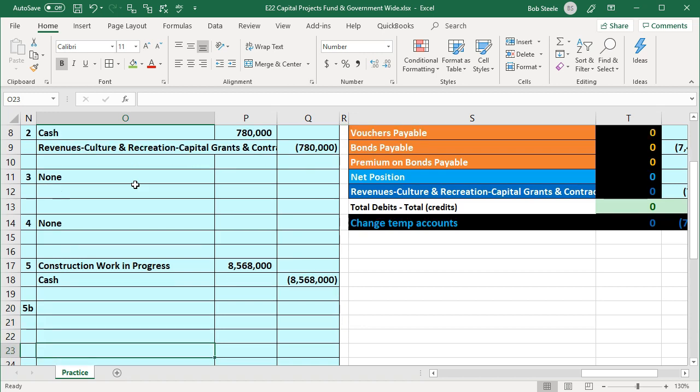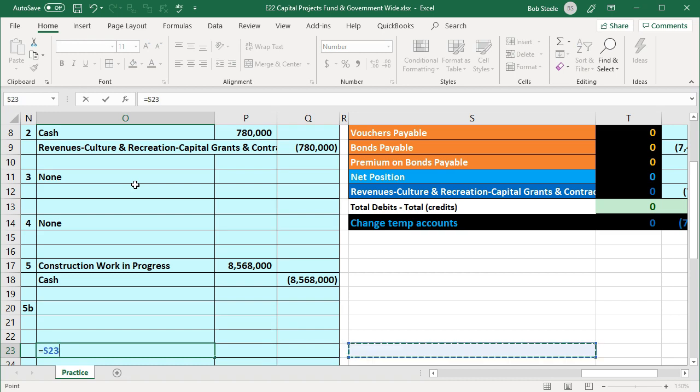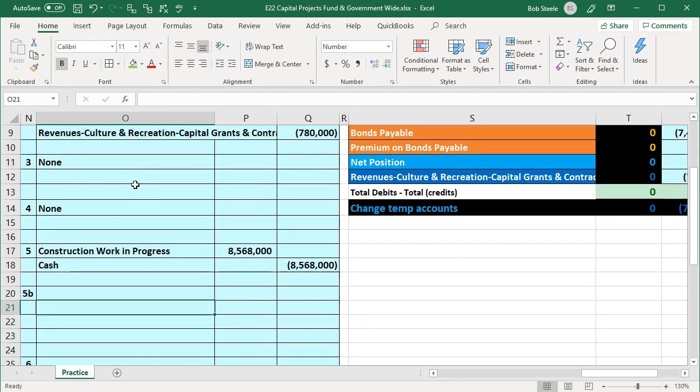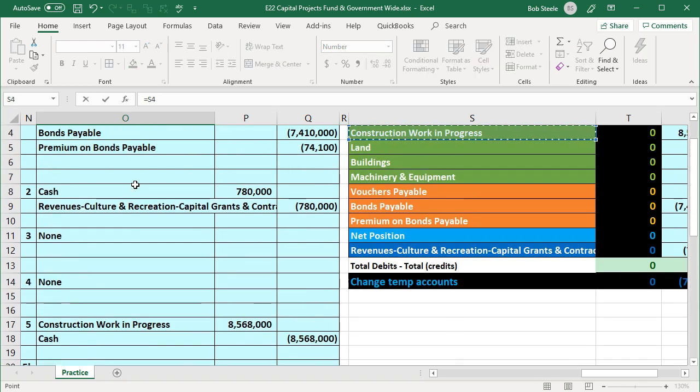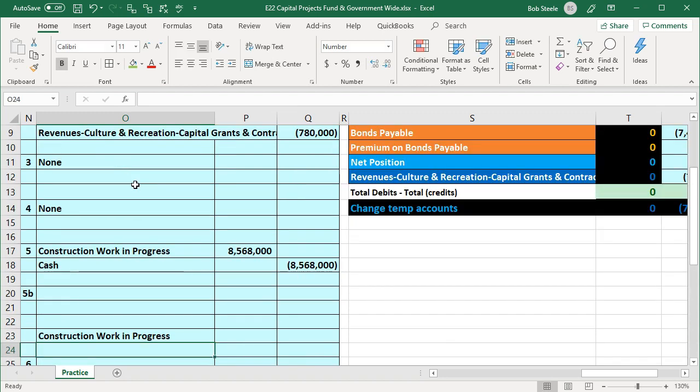I'm down here on U23 equals. Let me do that one more time. I'm not sure I did that right. 1, 2, 3. Yeah, U23 equals. And then we're going to say this account's going to go down. The construction work in process is going to go down. And then we're going to pick up